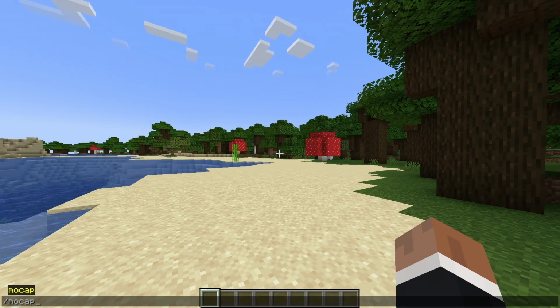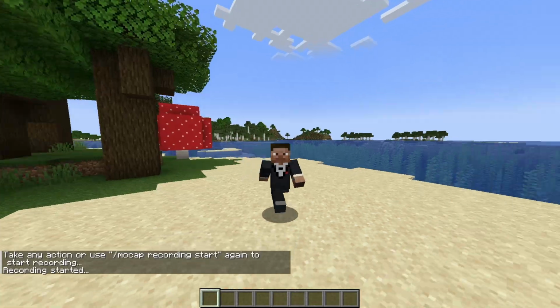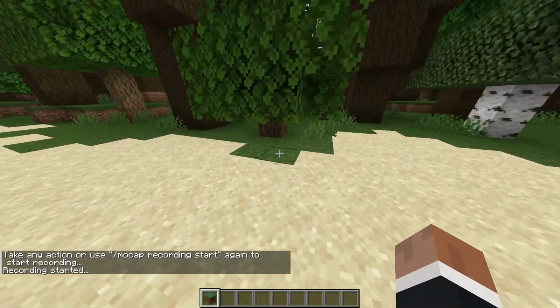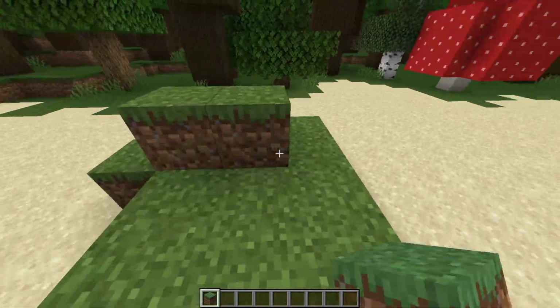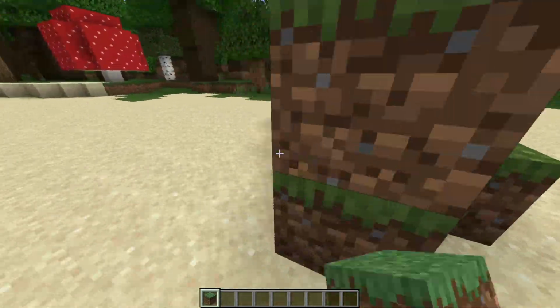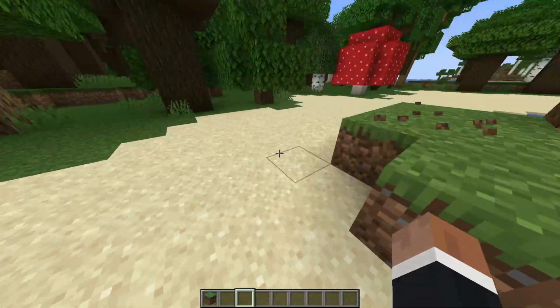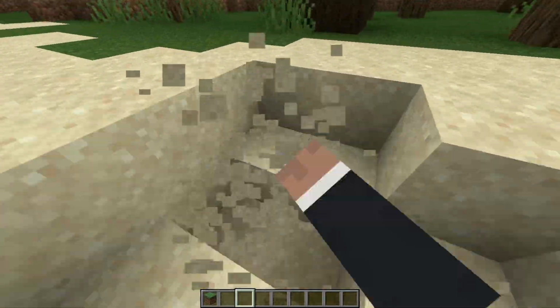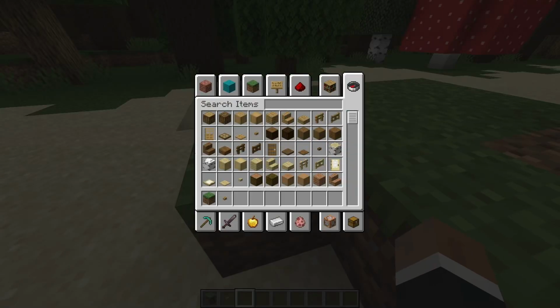We can type in mocap, recording, and start. Now the moment I press enter, it will immediately start recording. And well, that's about it. What's great about this mod is that I can also break and place blocks. These are blocks, this is Minecraft, I'm placing blocks. I can also break some of these blocks. Also break the blocks that aren't in the recording, and I can even interact with things. Like if I place a redstone lamp over here,